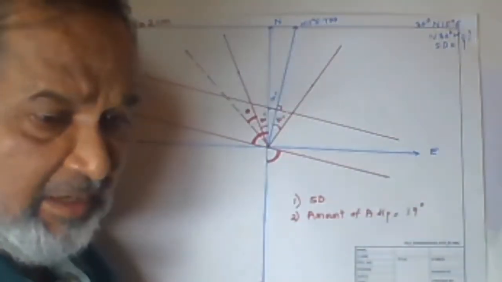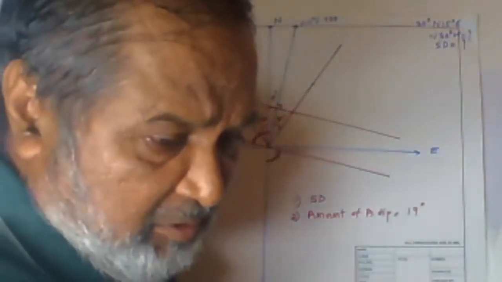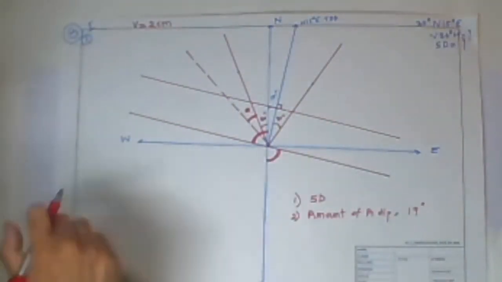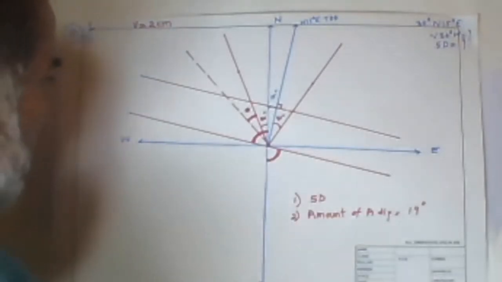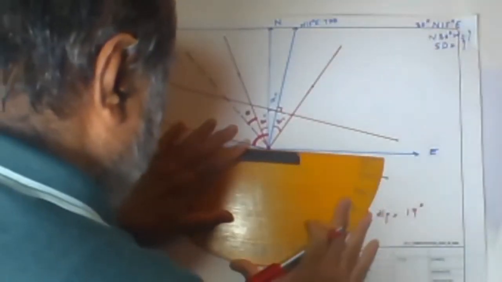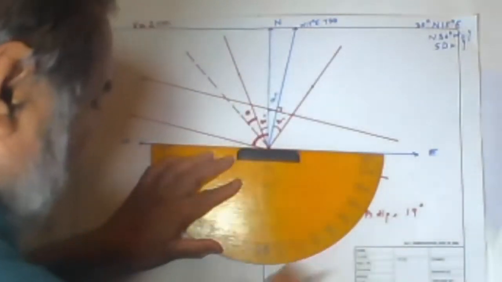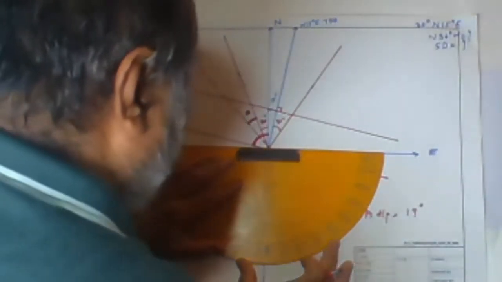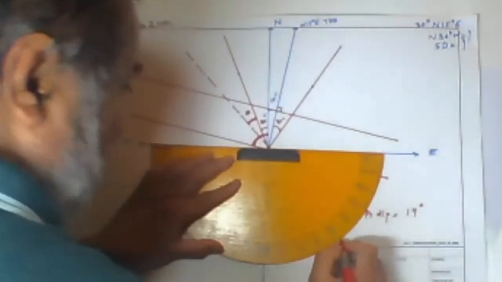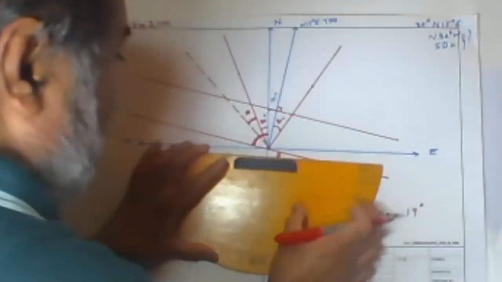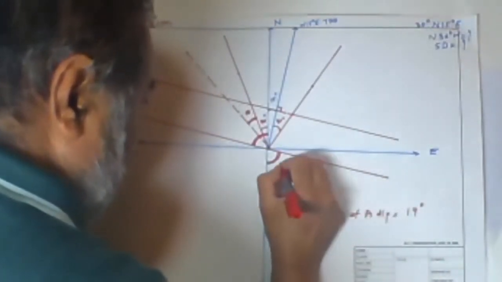Might be 1 or 2 degrees, there will be variation. So we have to make out. Yes, 1 degree variation is there with the correct answer which we are going to get. Now the strike direction. Now keep this protractor level to this, and now see the knob has to match. So where we have the line, strike direction is here. So 10, 20, 30, 40, 50, 60, 70, 79. So we got 79. So this is the 79.